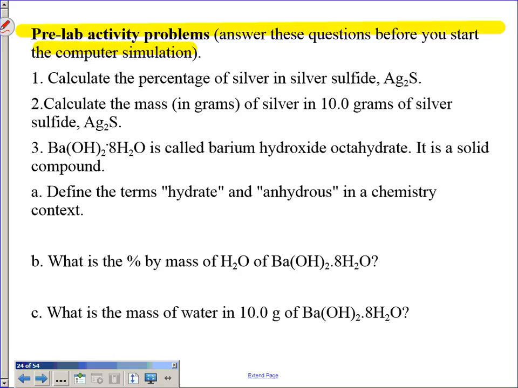So let's look at the second question, or this number 3 down here. This is the pre-lab activity. There's going to be a simulation where you do like an online dehydration lab. You just have to collect the data, and then you'll do your math from there. It's kind of a practice math heavy day. So if I look at this guy,